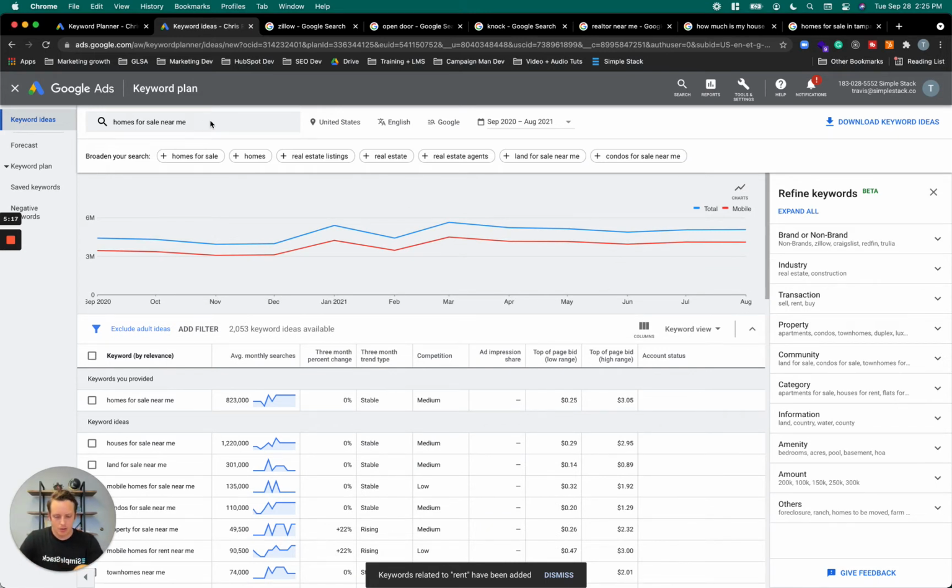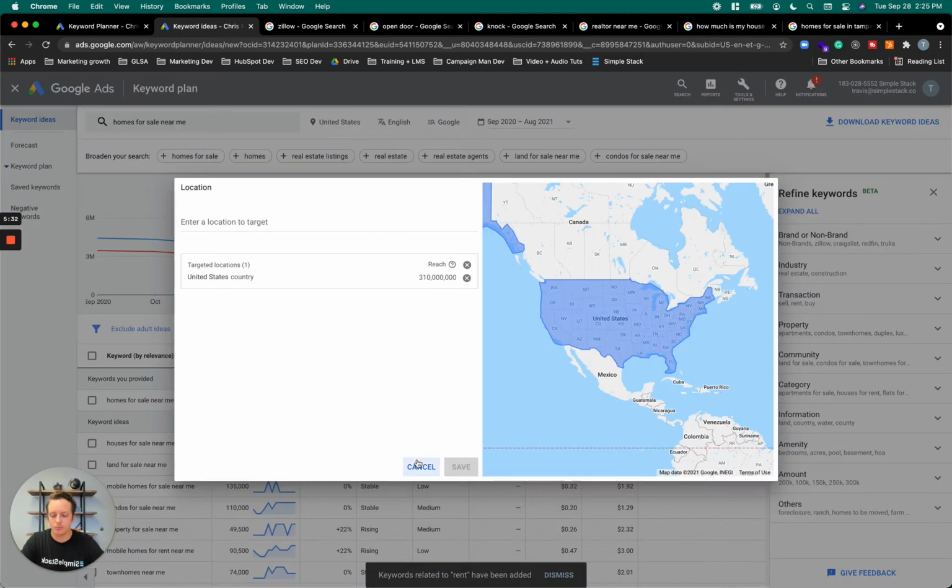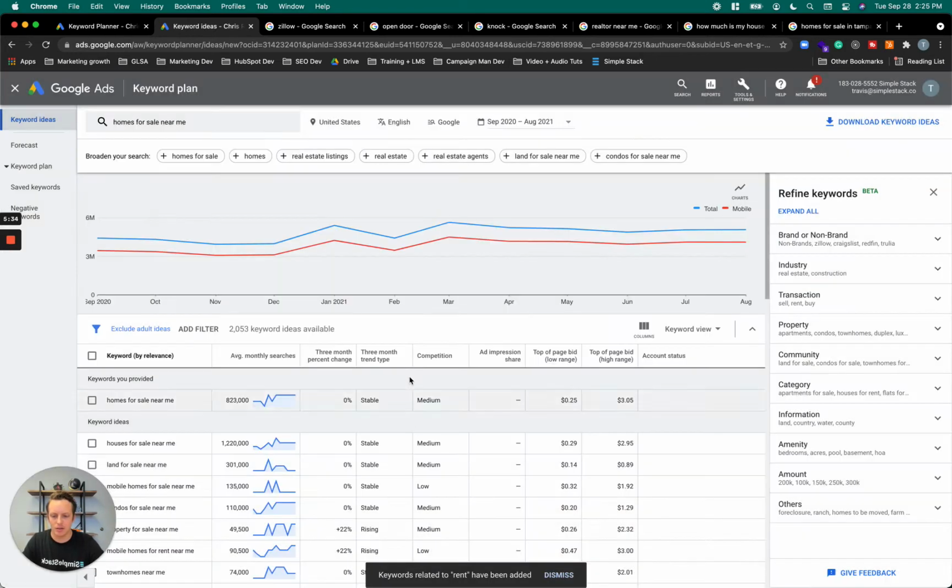Now, in the beginning of this video, we showed where at the very bottom of the search results, Google will tell you what location they use to tailor your results to your search. And you can do that here too by clicking the location. So this forecast, this keyword idea list that we see here, is assuming that if you built an ad in Google, you would be targeting anyone who is in the United States, anyone who is in or regularly in